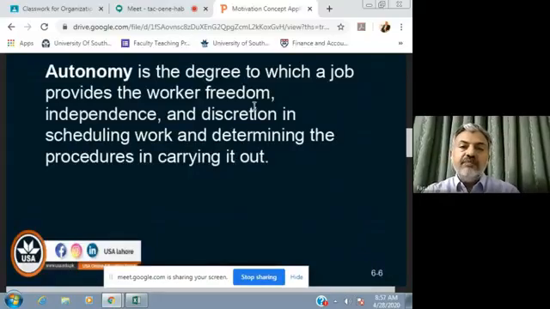It does not happen that you have hired the worker and this is his first day in the organization and you give him all sorts of autonomy. Then he is going to mess up everything, because still he has to go through the learning process, and he and she has to understand how things work in your organization. And once they become experienced and skilled, only then you can take the supervisor's control off them, and you can let them go on a solo flight and do the work autonomously and on their own with freedom.